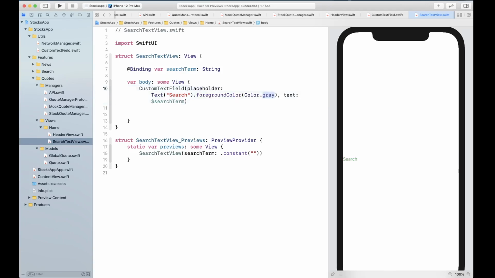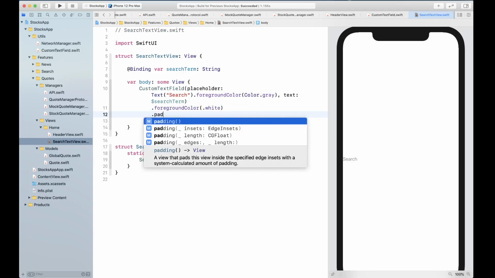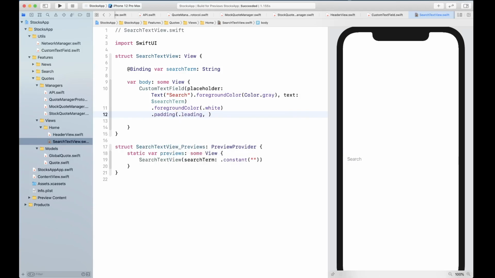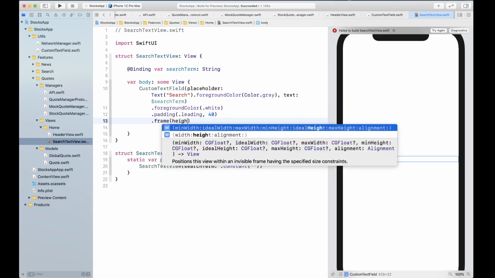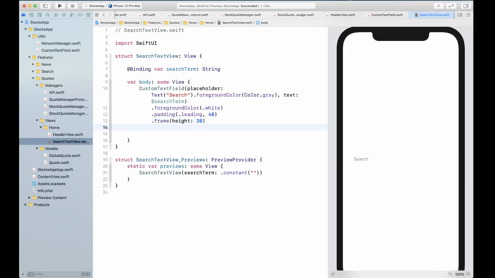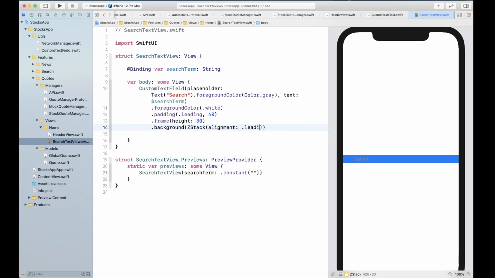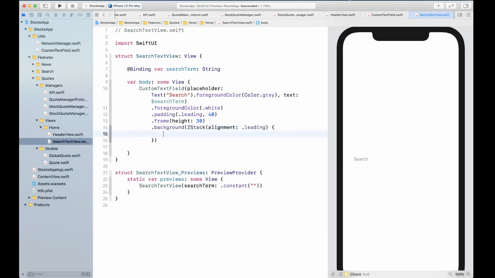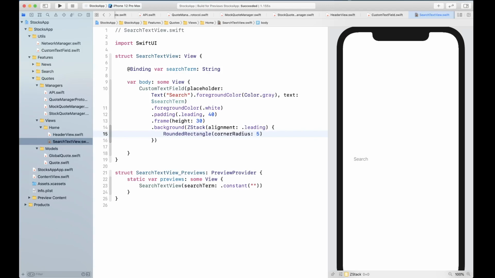I'm going to change it back to gray, and then we're going to give it a foreground color of white, padding to be leading 40 points, frame to be, for the height we're going to have 30 points, and background is going to be a view, so we're going to create a ZStack here for the background with alignment as leading, and this is going to be a rounded rectangle with corner radius of 5 points.